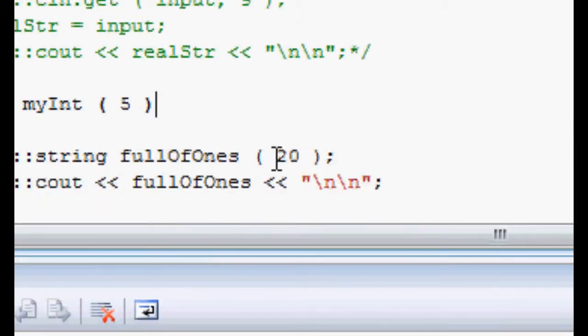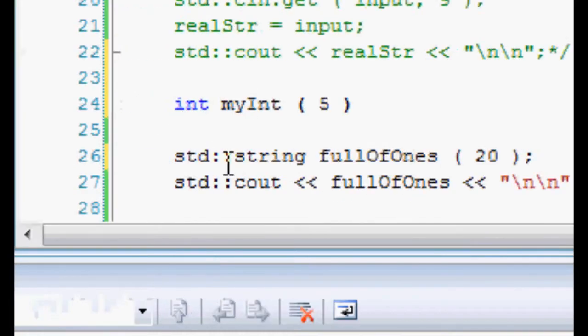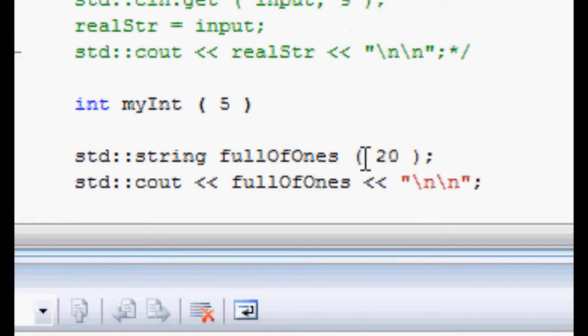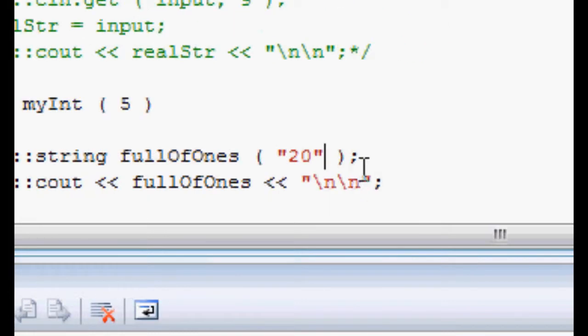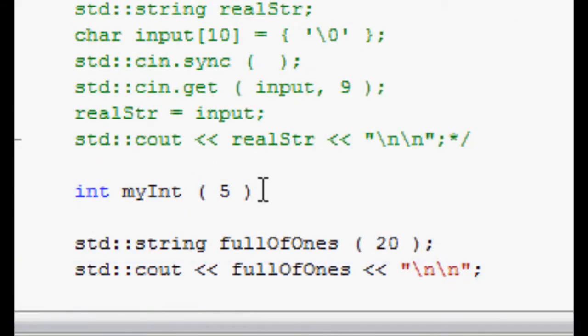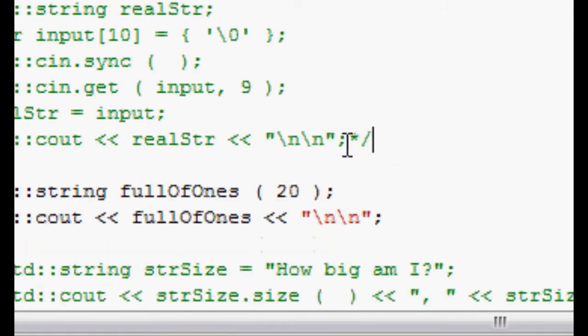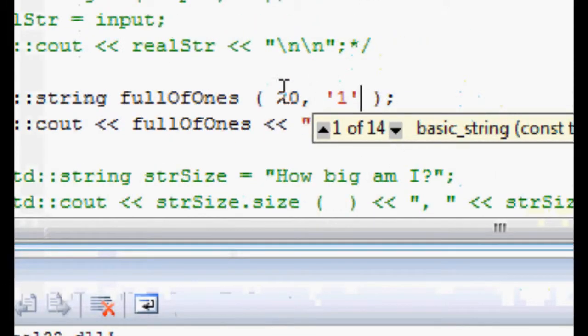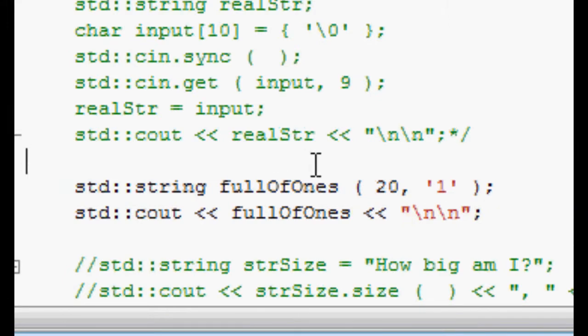Basically, what it thinks you're trying to do here is assign the integer value 20 to a string, which isn't possible. You'd have to put it between quotes if you wanted to do that, and then you just have the value 20 in your string. You wouldn't actually have 20 places. So yeah, it doesn't actually work unless you supply the character. Okay, so that's just a way you can initialize